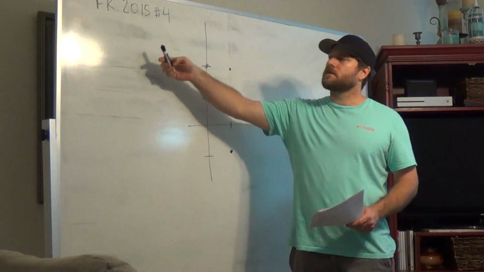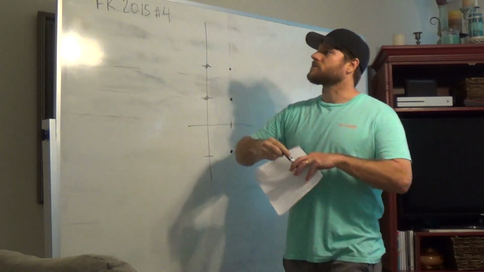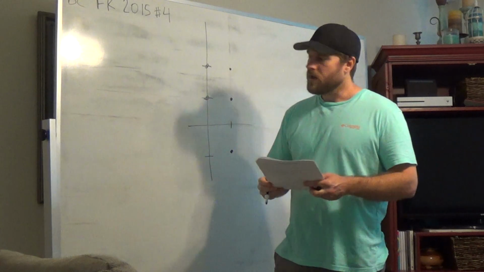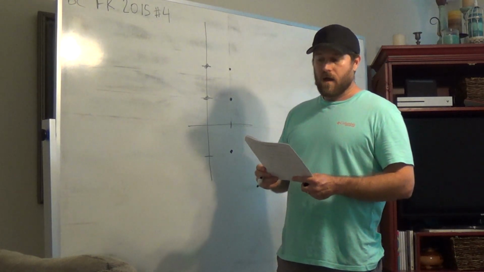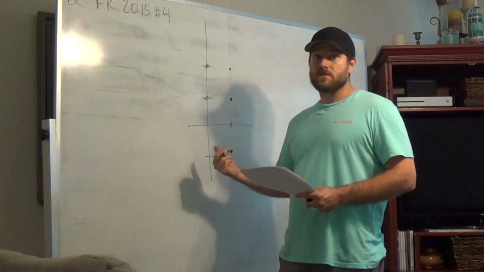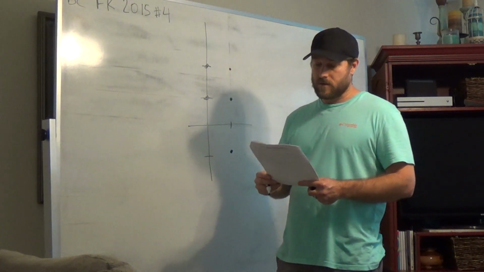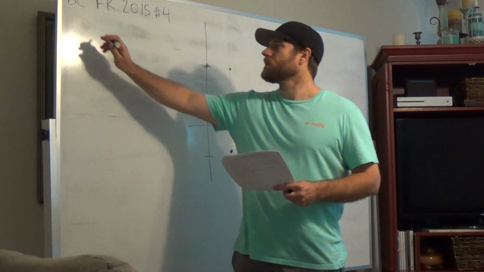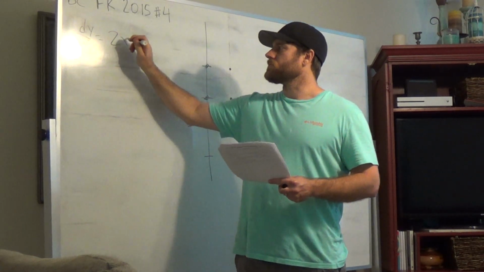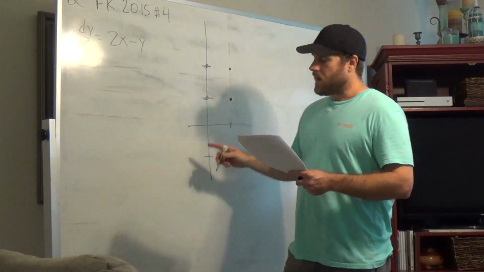This is BC Calculus 2015, question number 4. Let me put BC here so I know later on when I look at it. All right, so part A on this question, you should have already tried this. So you're looking at me doing this in case you've realized you can't do this and you need my help. Awesome. All right, so part A, we have dy dx equals 2x minus y, and they want us to graph